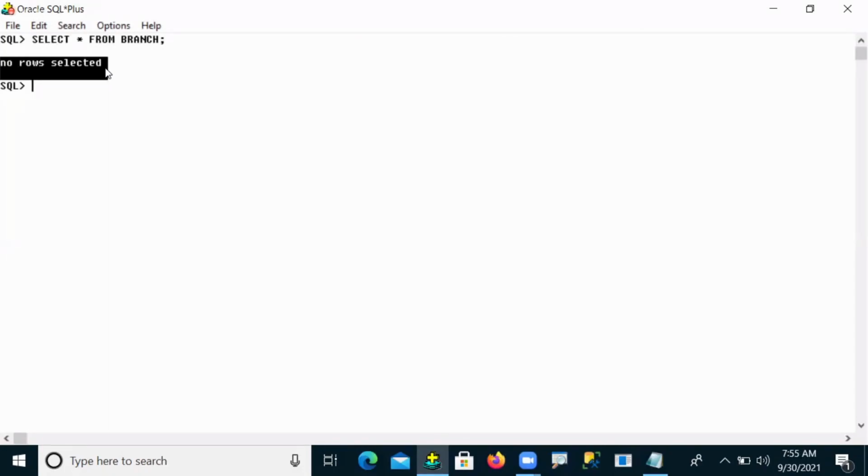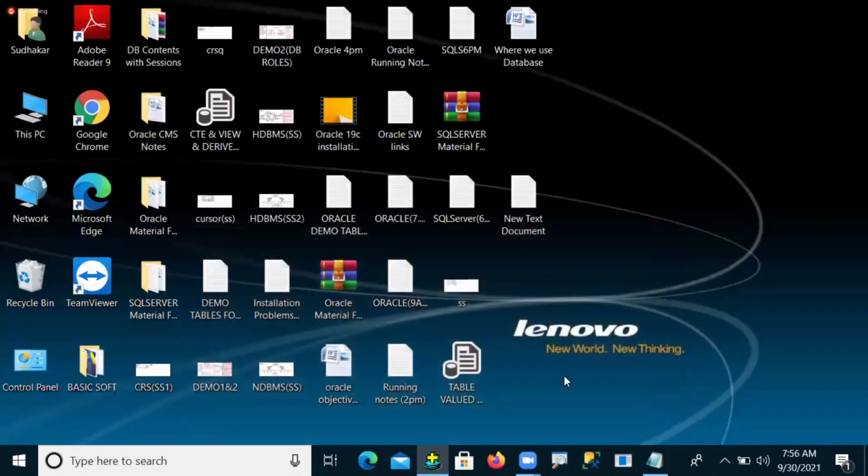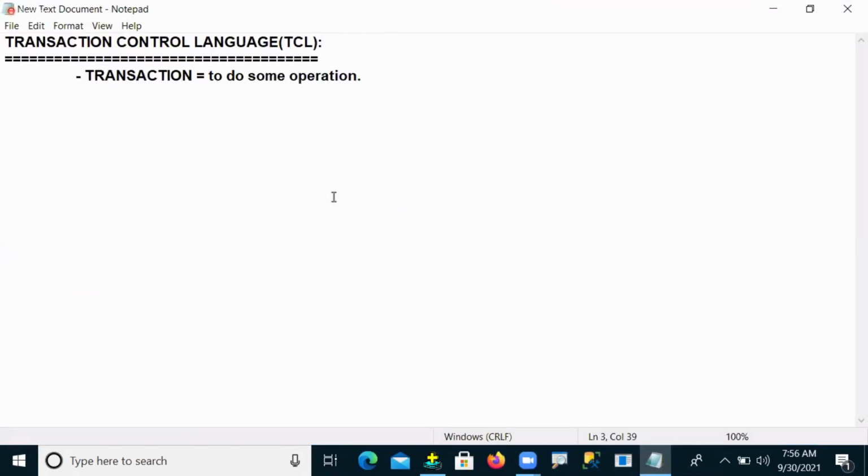So that means whatever insert query request we send to my server, my query request is not committed by the system. That's why our data is not there. So by seeing these two scenarios, these two operations, what do you understand, guys? Observe. As per this scenario, let me write here.